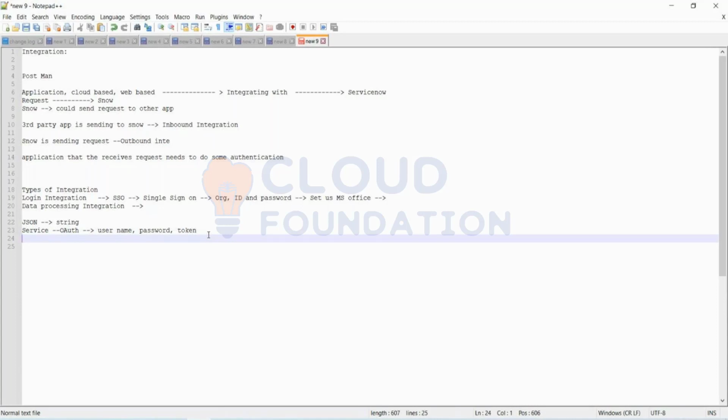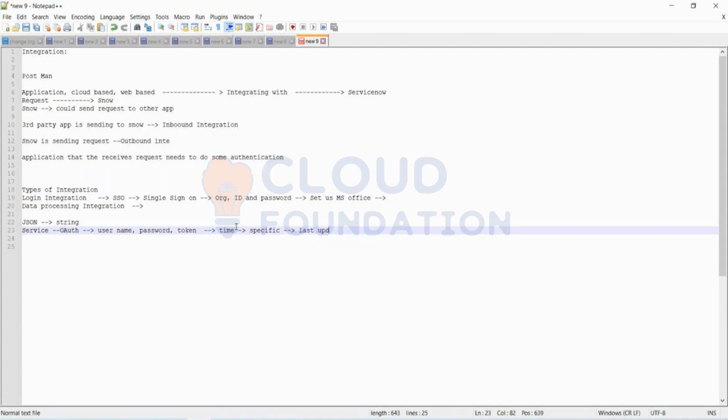This token was refreshed at a time interval, how often the token has to get refreshed. It could be an RSA token. If you see your multi-factor authentication in Google, it will send you an OTP saying it is valid for 10 minutes. So this was OAuth. Once ServiceNow authenticated, it used to go to the specific table and fetch the records last updated within 7 days.